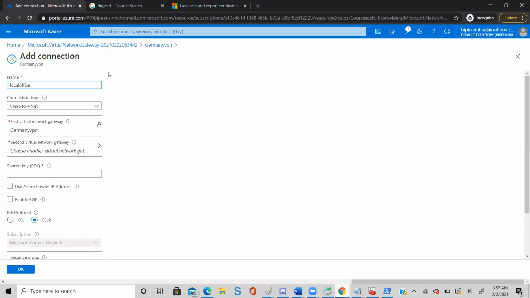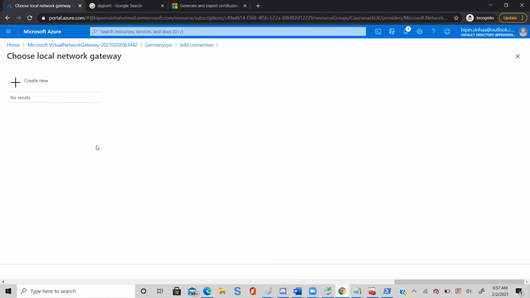In the connection type, select the drop down and select site to site. All right. So your VPN will be VPN. Now click local network gateway. Click create new.